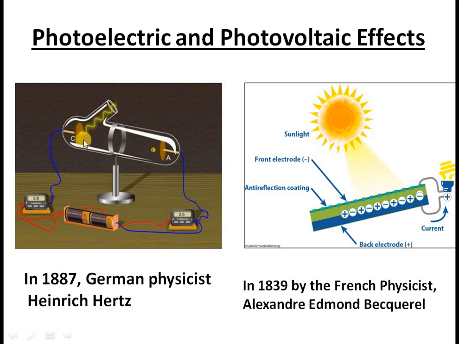In photoelectric effect, you have a metal surface. It is coated with some materials. When solar energy falls over it, electrons are thrown out, or you can say electrons are ejected. So this phenomena is called as photoelectric effect. This was discovered by German physicist Heinrich Hertz. And the other related principles of this photoelectric effect was explained by Albert Einstein. You may be knowing the person, and for which Albert Einstein actually got a Nobel Prize.